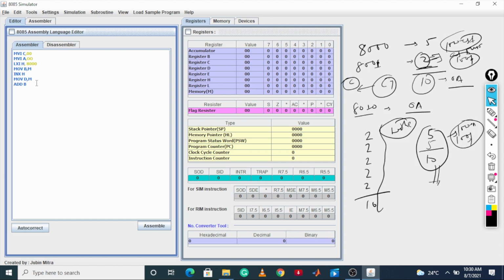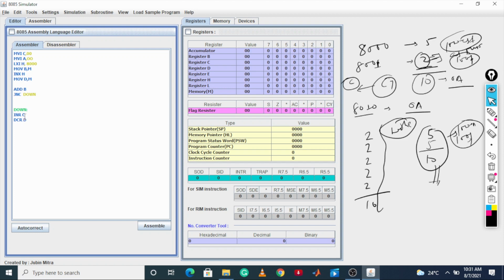Now if you see, after performing the add operation there may be a carry. If there is no carry, then jump to a location called DOWN. Suppose we are going to jump down. Now let me write the label DOWN, and from here our program will continue from DOWN. Where DOWN is written, there we are going to INR, increase the content of C, because if there is any carry, then this content will be increased, and then I am going to decrease the content of D.